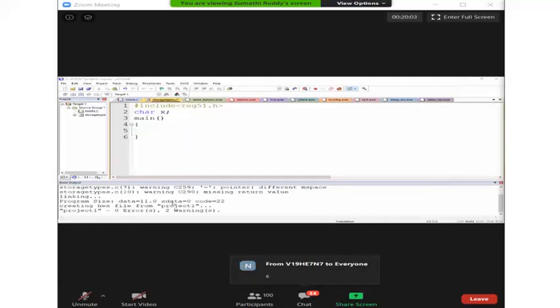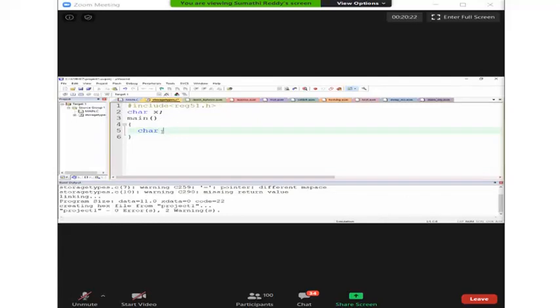So here, let me go for taking a pointer. I'm not specifying to which data it is pointing, means to which memory area it is pointing.